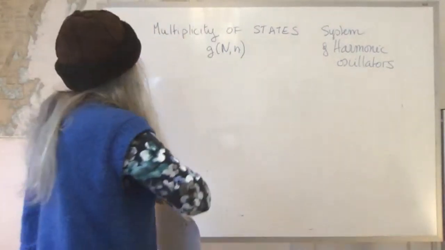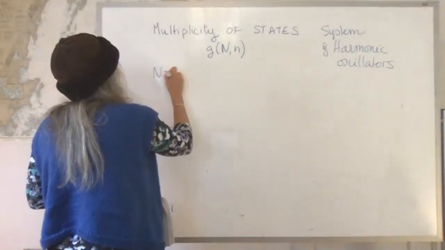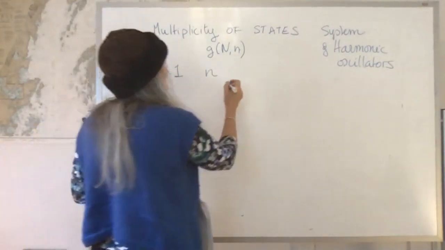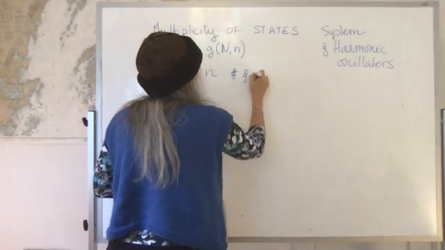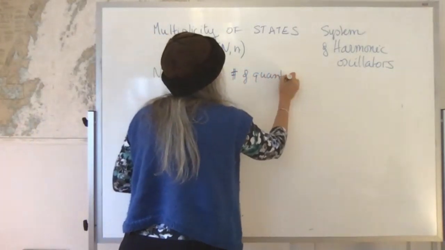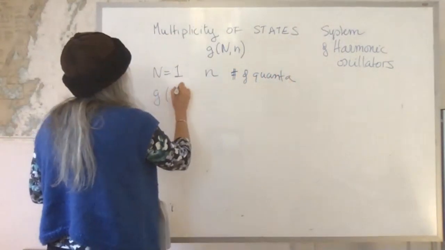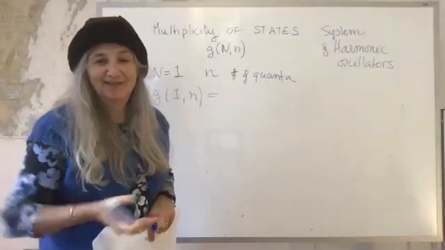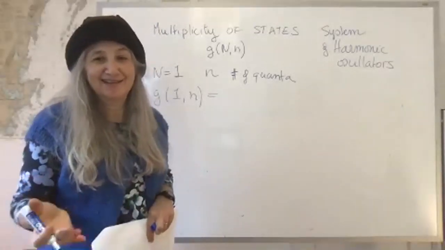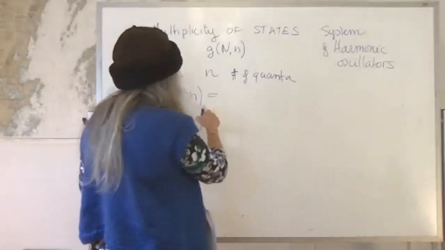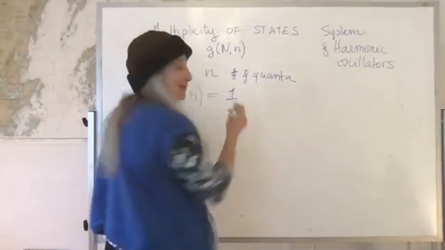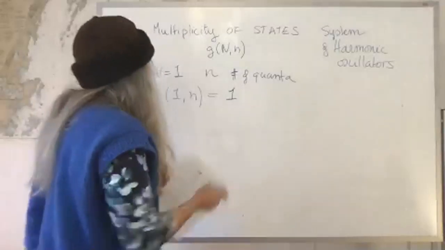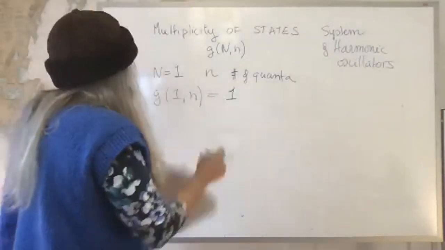Okay, so let's take n equals 1. So that's the number of oscillators, and then this is the number of quanta. And so we want to calculate g of 1, n. Well, there's only 1 oscillator, so it gets all the energy. So that means this has to be 1. There's only 1 possible state. So the multiplicity of that is 1. Okay, so what if we have 2